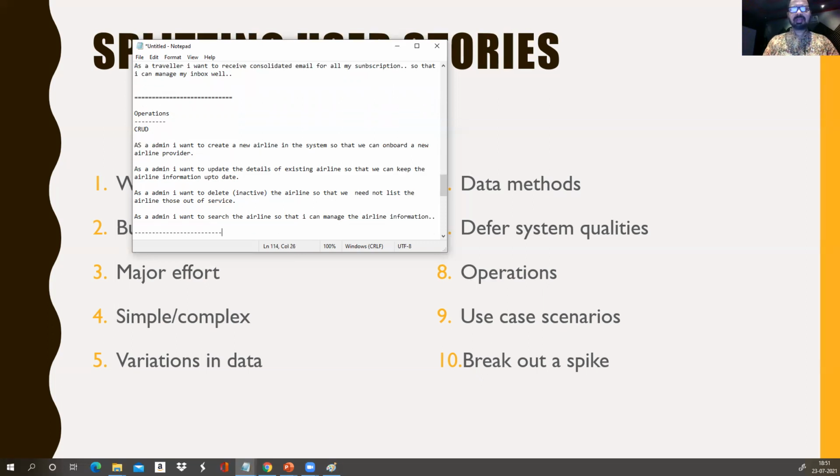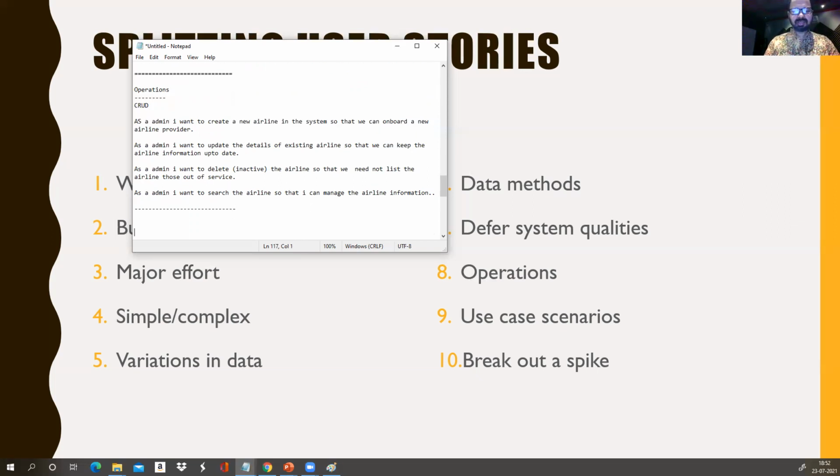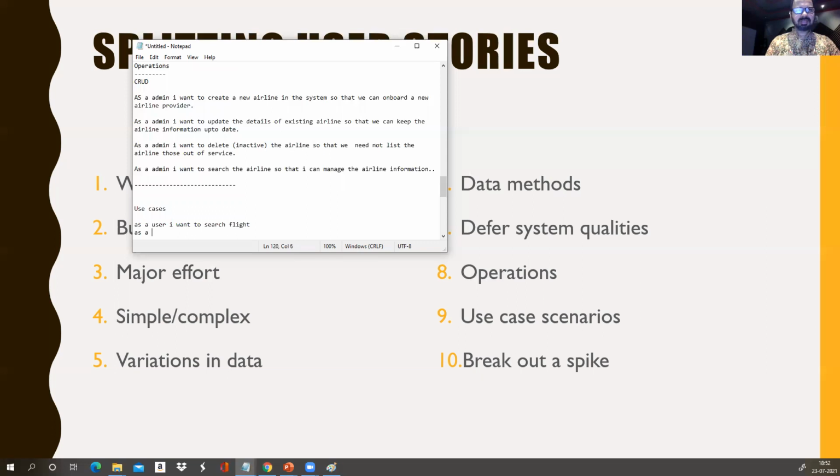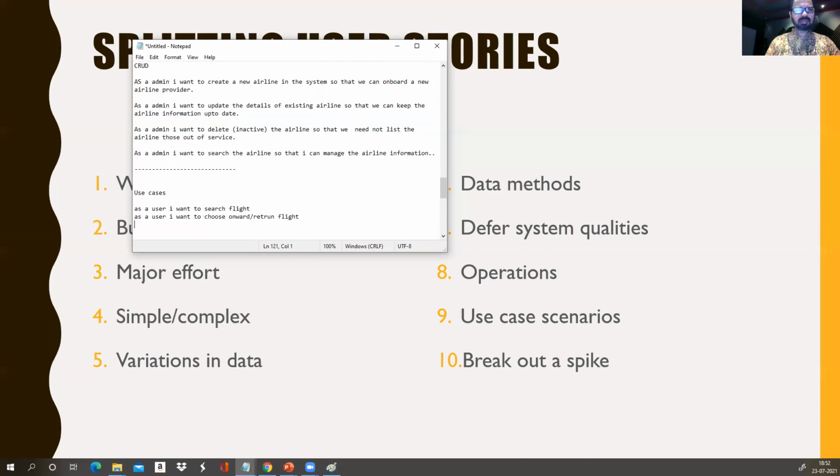The next one is use case scenarios. What are use case scenarios? Use case scenarios are similar to what the user does. As a user, I want to search for a flight. As a user, I want to choose an onward/return flight, or choose a route. As a user, I want to view a detailed itinerary.